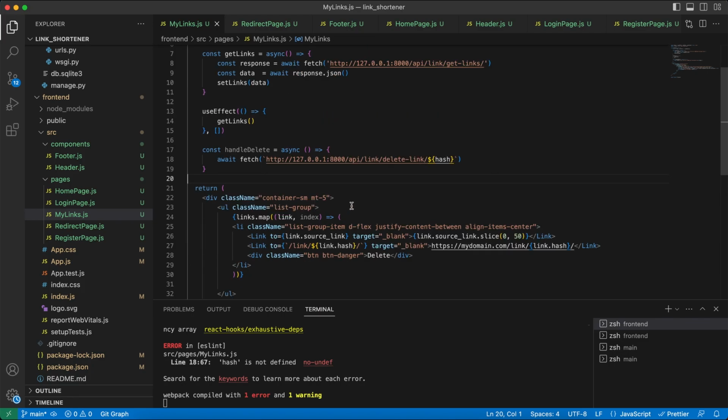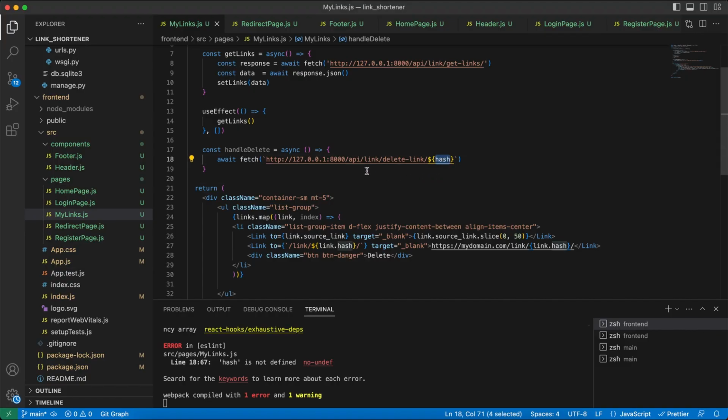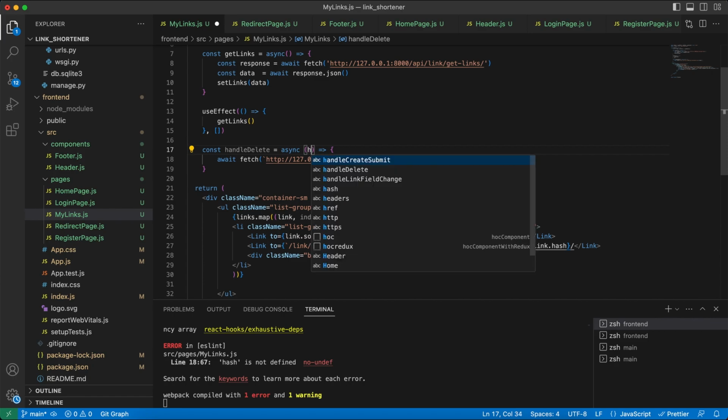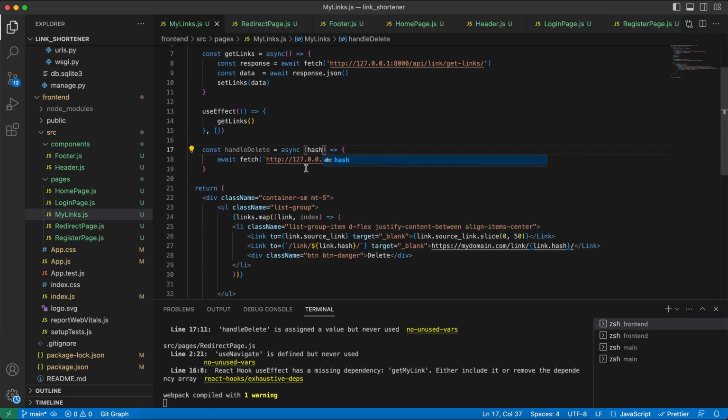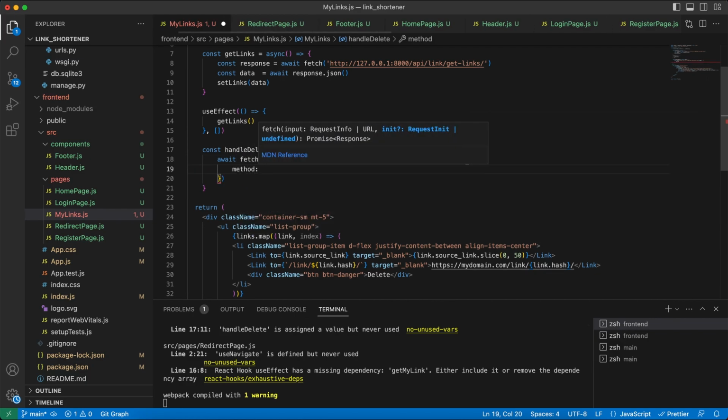So here we have a list of links basically. So we want to delete a link. When we click on that, so basically we want to pass the hash to this function, and also let's add the method, which should be delete,